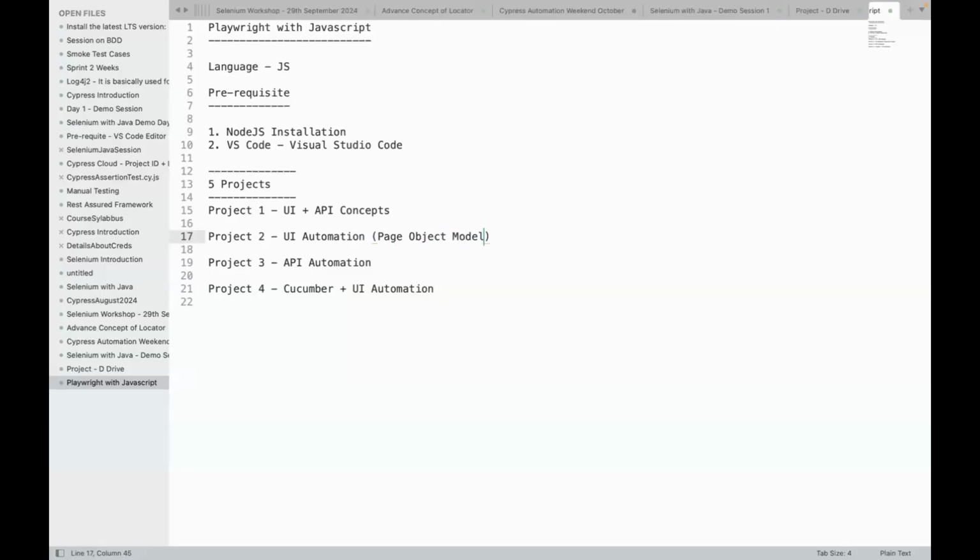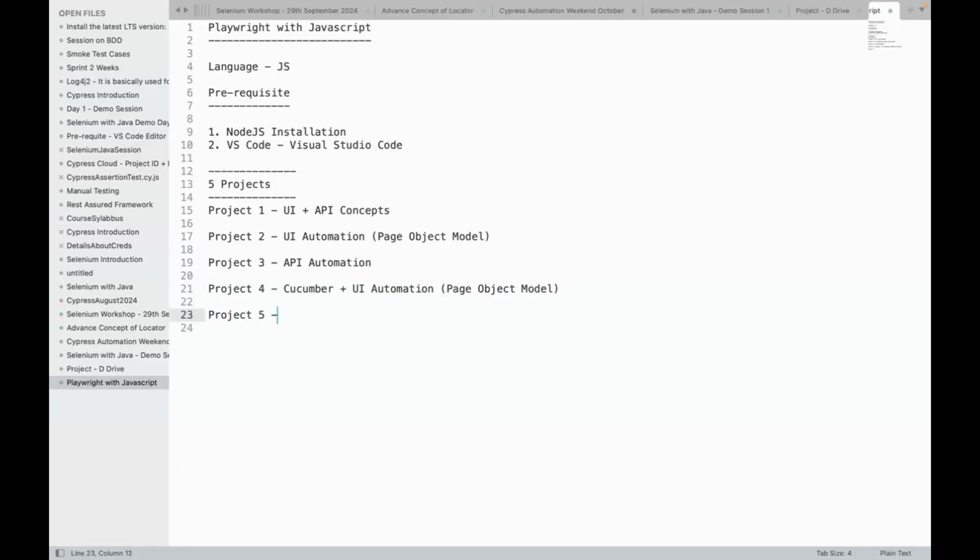Then project 4 will be Cucumber plus integration of the page object model. It will talk about the page object model, but obviously there will be the integration of Cucumber in it. Okay, and the project 5, same thing, nothing has changed.